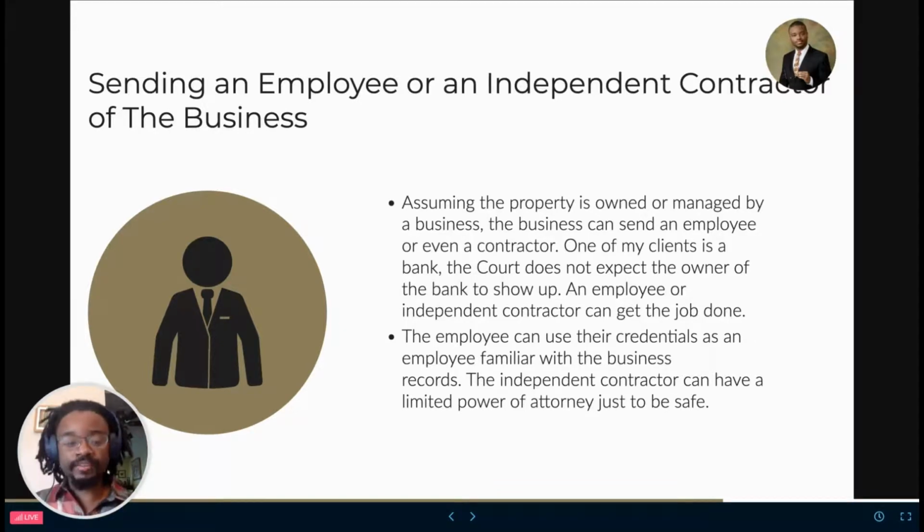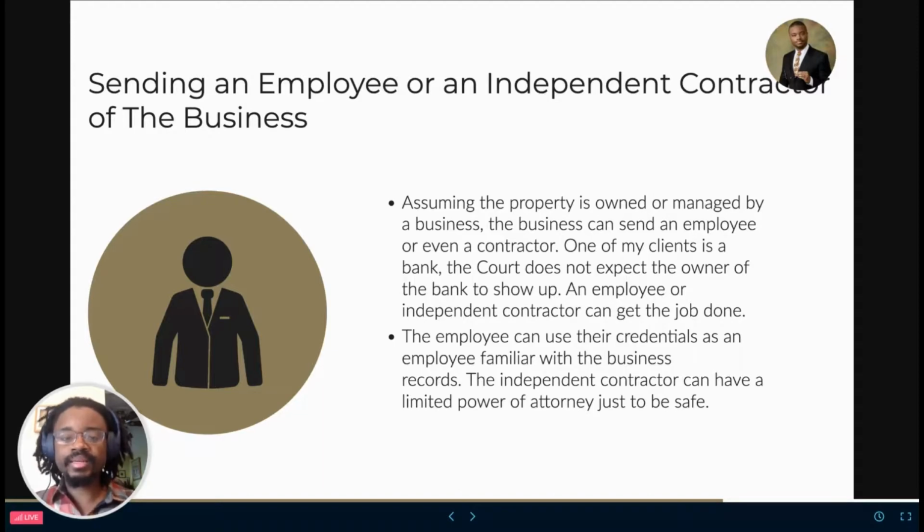But if it's anything other than a failure to permit action, such as a wrongful detainer action or a breach of lease action, all that stuff I just said in the last slide, at that point you would need to send both the witness, the employee, and an attorney. The reason the attorney needs to be there is because, again, it will be the unauthorized practice of law without the attorney. So an out-of-state business can send an in-state employee or even an independent contractor on behalf of the business, and you would also need an attorney to be there as well.